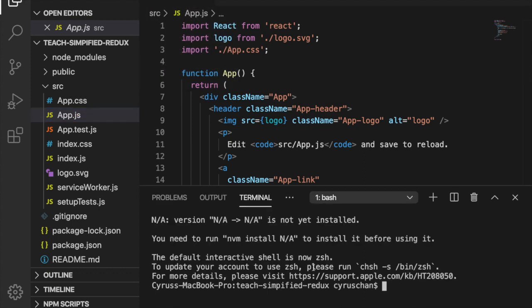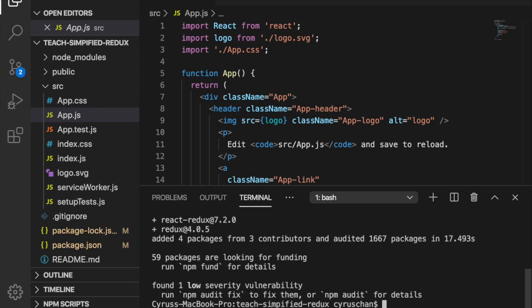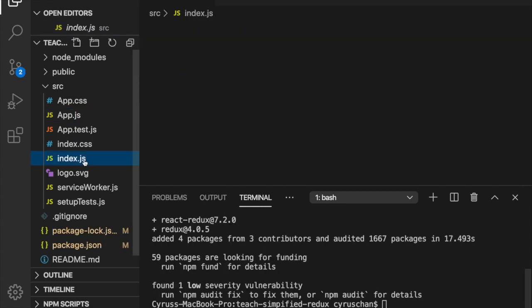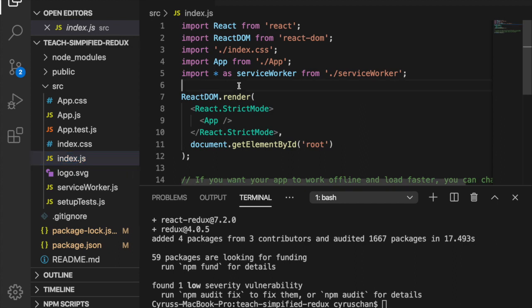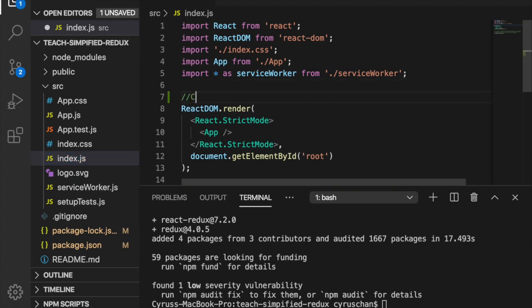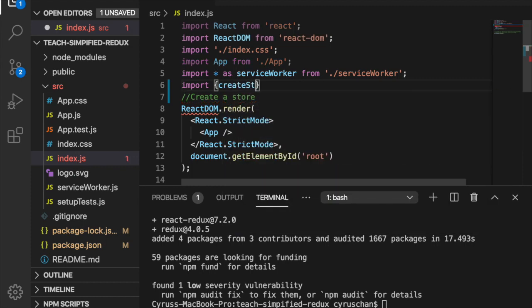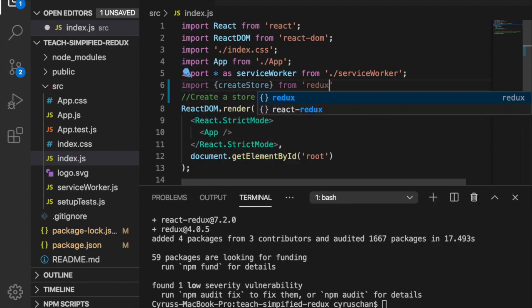So we go to the terminal and use npm install Redux and React Redux. So we go to the index.js, and the first part is we are going to create a store. So we have to import createStore from Redux, and then